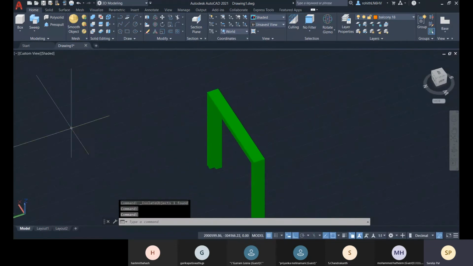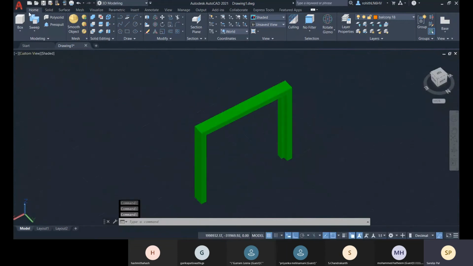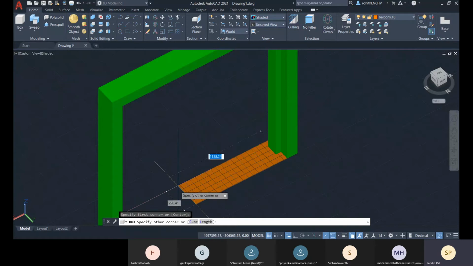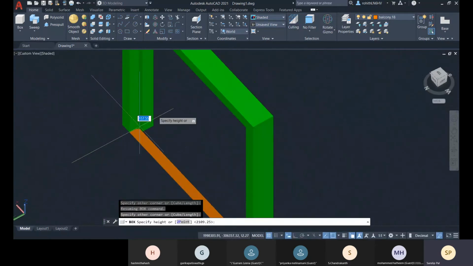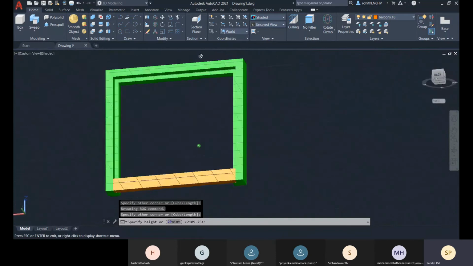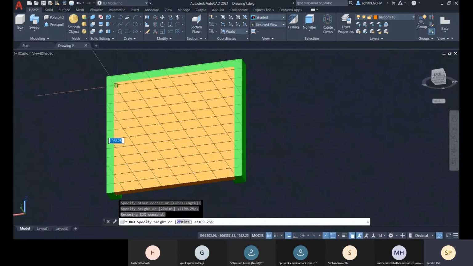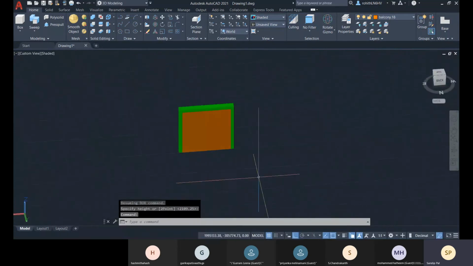Okay, fine. And then you can go for your box, from this to this it will be, and then you can give the height. Okay.